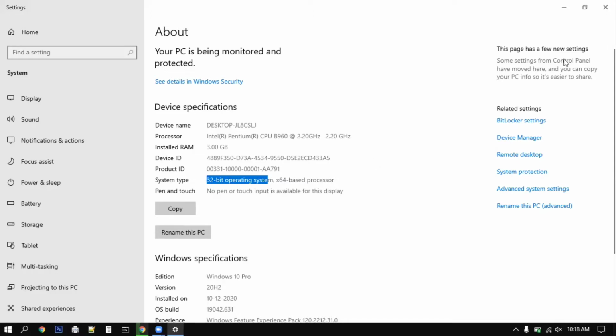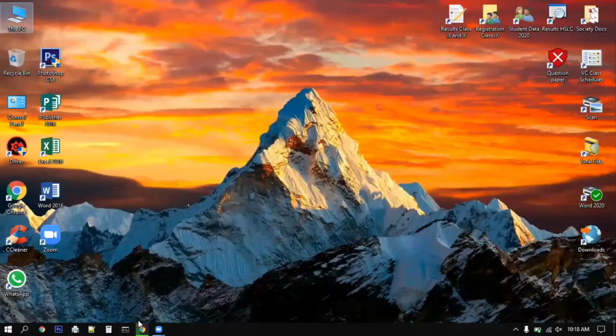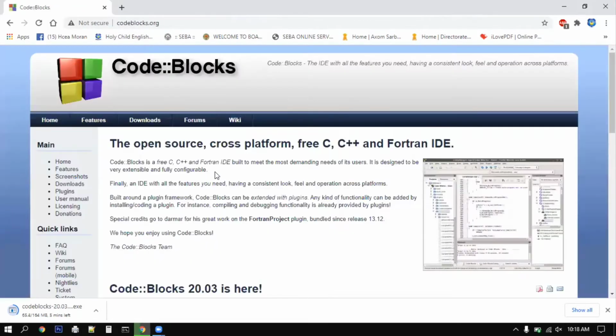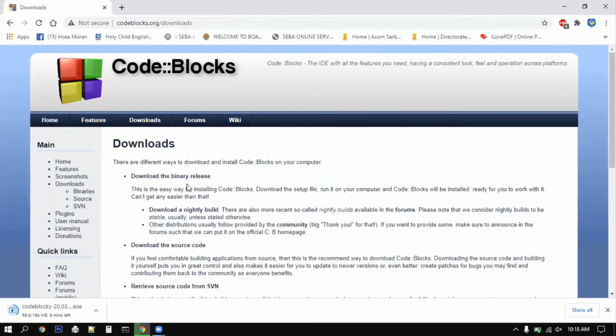So once you have checked this, go to the Code Blocks website by searching on Google, Code Blocks. Go to this first link, then click on Downloads. Click on Download the binary release,